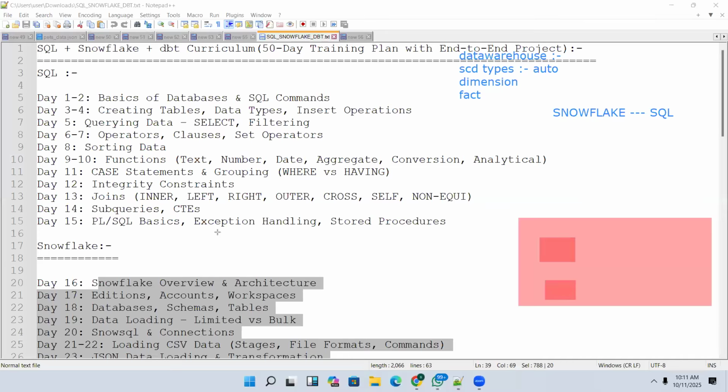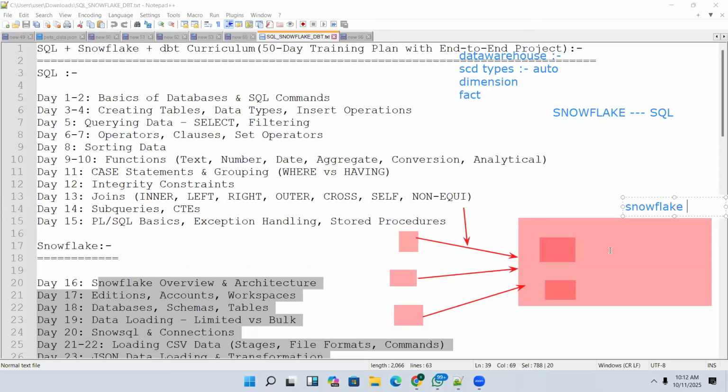ETLs are different; a complete ETL tool is different. Like ADF, they write automations and create pipelines. That is different. Let me make it clear: data is available in different sources, and assume it is loaded by some ETL team into Snowflake.